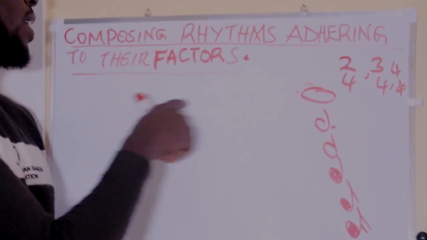The next example, the next time signature, we are going to have the 3-4 time signature. Do you know what happens with the 3-4 time signature? The number you consider is the upper number. So 3 means 3 beats per